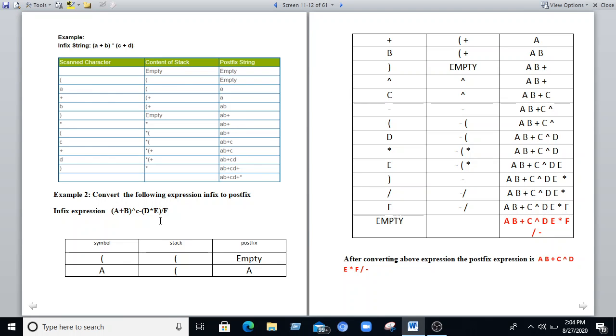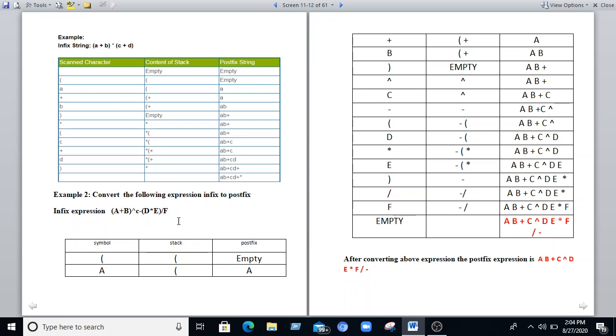We'll scan the next element E, and we'll place it into the string, and next slash can be placed in the stack. Star can be popped here. After the closing parenthesis, star can be placed here, and slash can be placed into the stack.